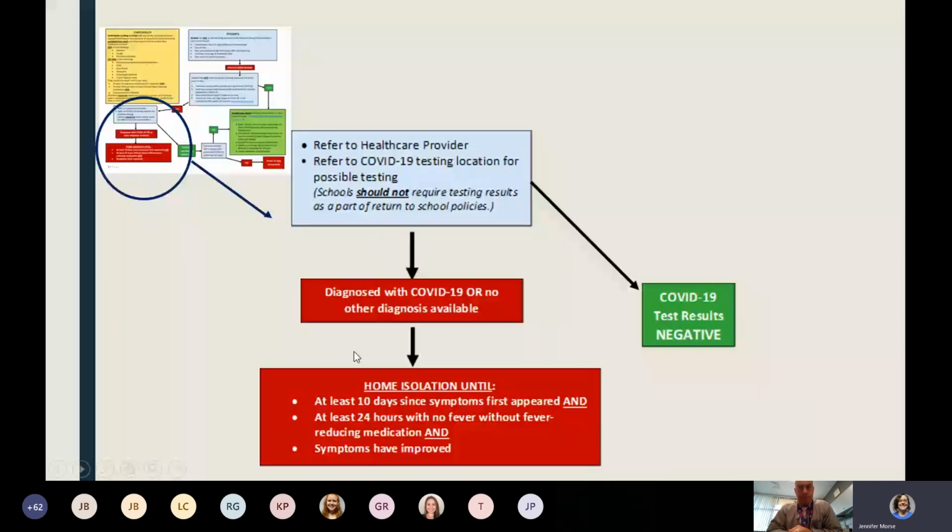Then after that, if they are diagnosed with COVID or their healthcare provider did not find anything else wrong with them, so they didn't say, oh, they had a bladder infection, they had an ear infection, some other explanation besides COVID, they need to stay home for the full isolation period. If they have a negative COVID test,